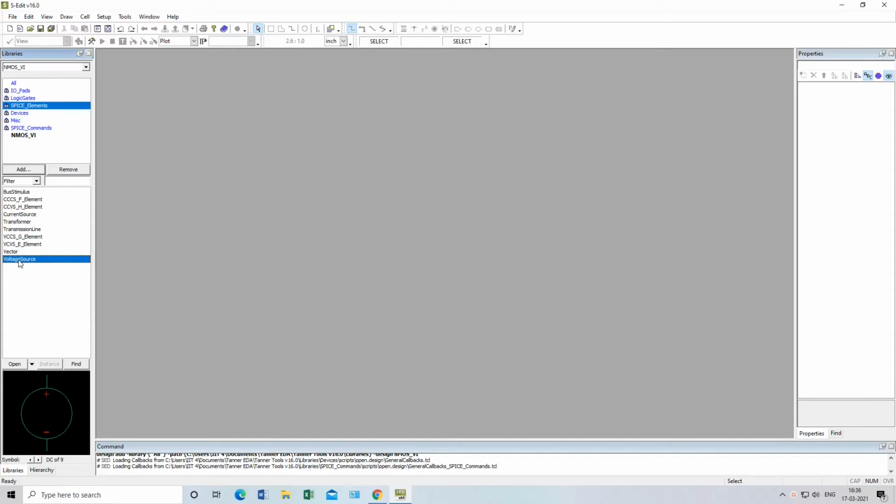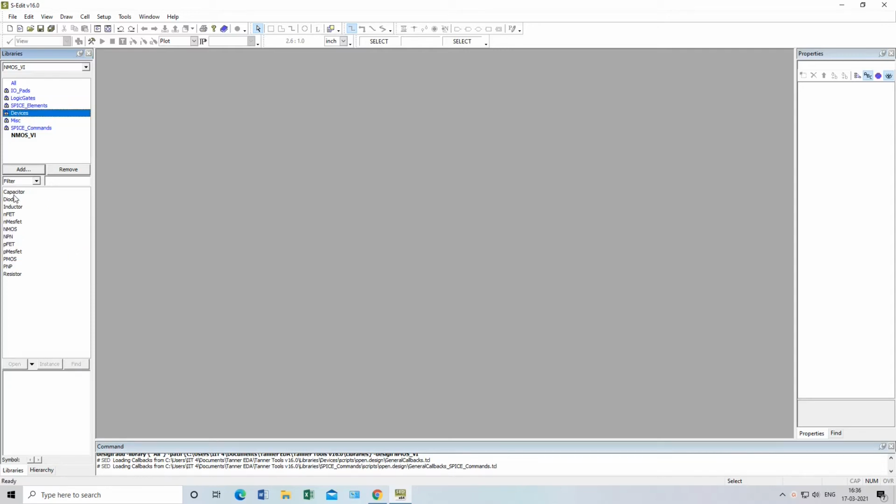Everything will be there. This is the voltage source. Under voltage source we can switch to different types of voltage: DC, AC, pulse width file, pulse, normal pulse, bit, sinusoidal, exponential, frequency modulated, DC again. So there are different types of power sources.